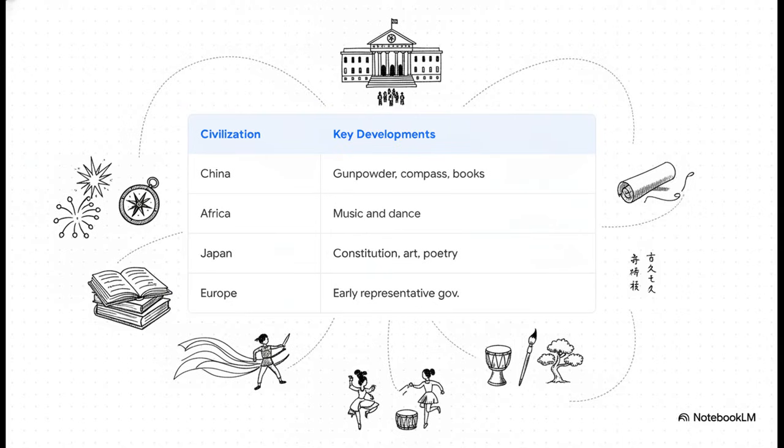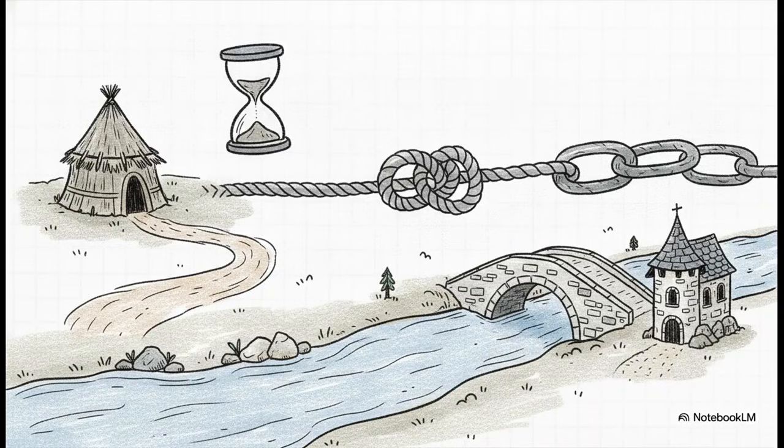Meanwhile, medieval Japan was busy developing a constitution right alongside some breathtaking art and poetry. And in medieval Europe, they were taking their very first tentative steps toward representative government. This right here is our baseline of continuity. Now, all these amazing global achievements tied directly into our Arrow standards focus on time, continuity, and change, as